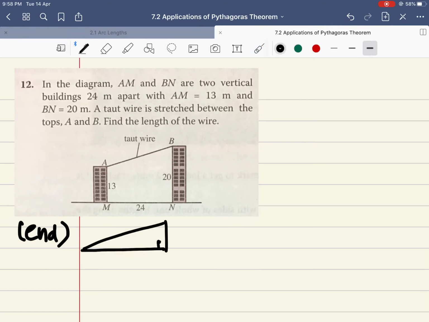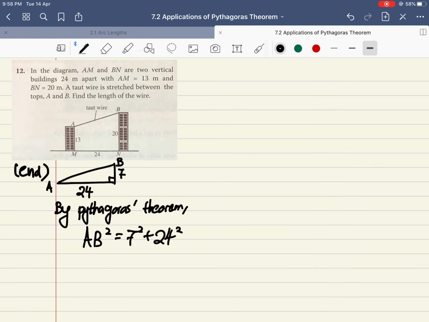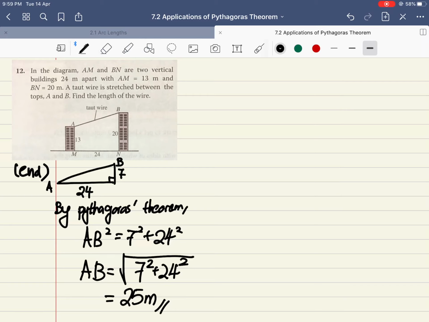Then we also know that down here this is 24 meters. So if I just make a rough sketch of the triangle that we're going to use, it will be 24 and 7. So now we're going to find the length of the wire, and the length of the wire is AB. And once again, we say that by Pythagoras' theorem, AB square is equals to 7 square plus 24 square. Then AB is equals to square root of 7 square plus 24 square. So if you just compute this using your calculator, what you'll get is a very nice number of 25 meters. And that concludes my examples on